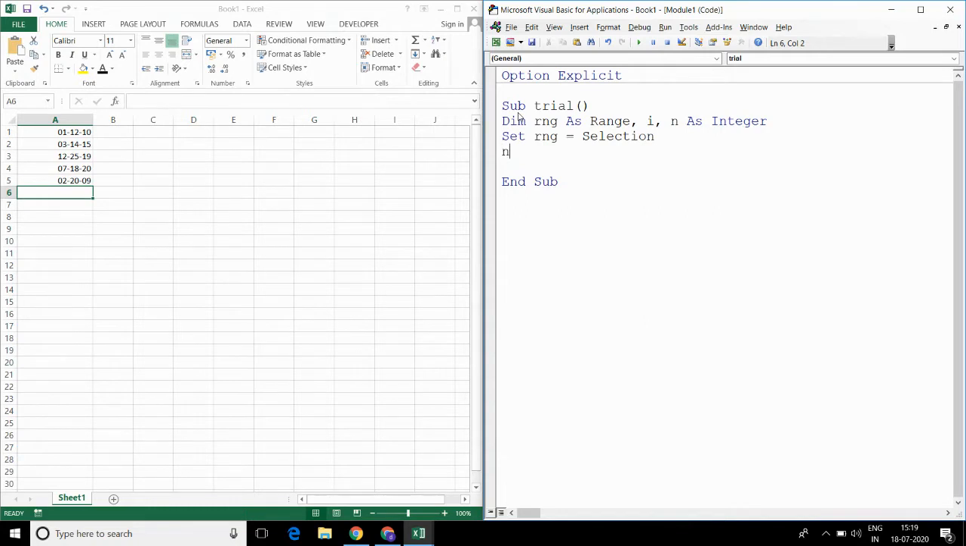Now let me calculate the total number of dates that I have provided. So rng.Count. Now I will start a for loop for I equals 1 to n, and I will start an if condition: rng.Cells(i).Value equals Date, then